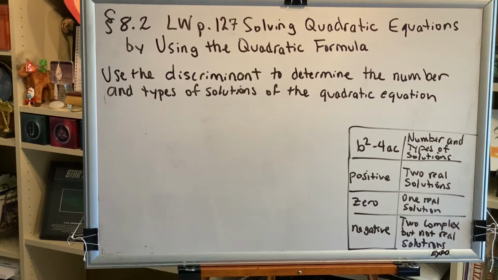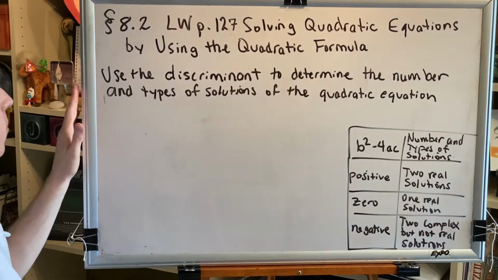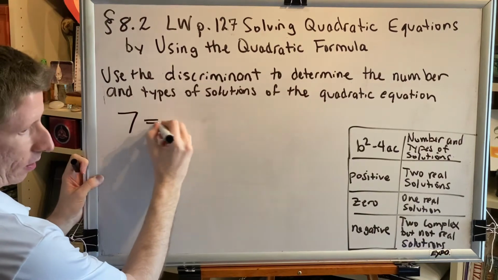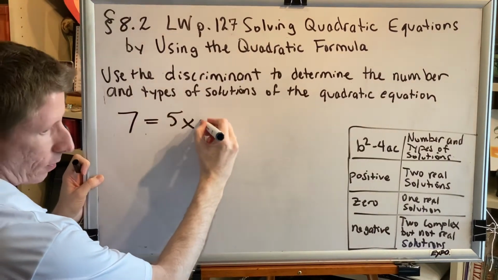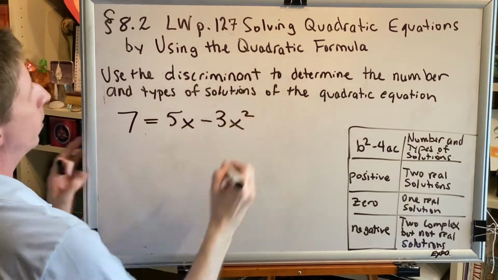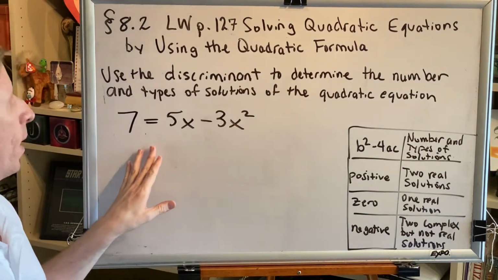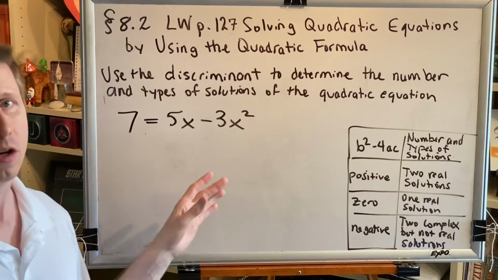We continue learning workbook page 127 with this problem. Use the discriminant to determine the number and types of solutions of the quadratic equation 7 equals 5x minus 3x squared. Okay, so in order to determine the number and types of solutions to this quadratic equation, we need to